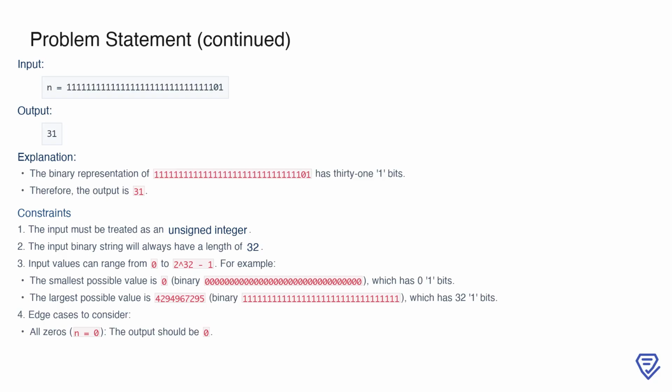First, the input is always treated as an unsigned integer. This means that negative numbers are not part of the input space. Additionally, the binary string will always have a fixed length of 32 bits. The input values can range from 0, which is represented as